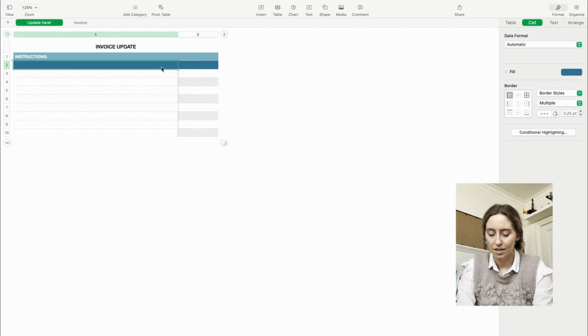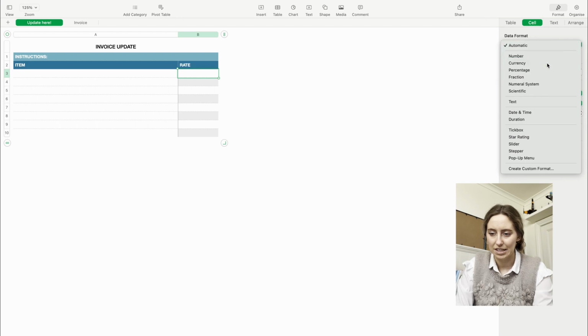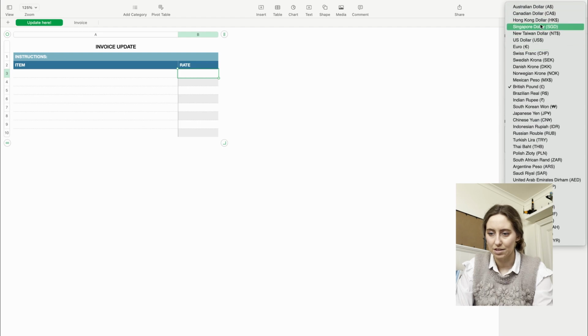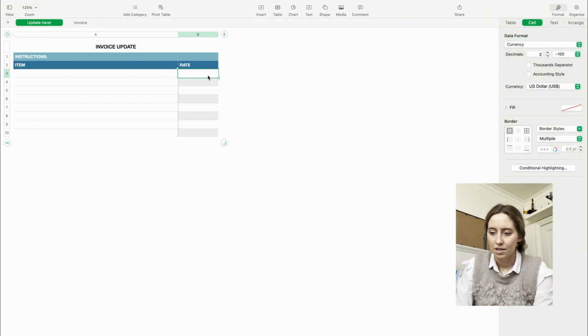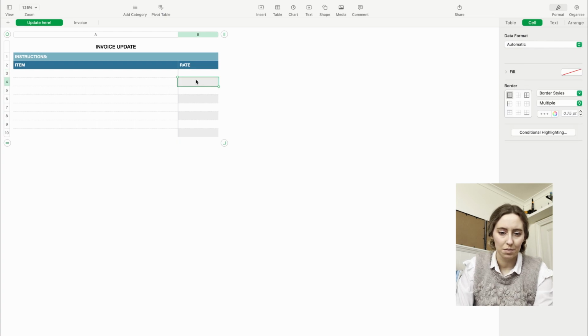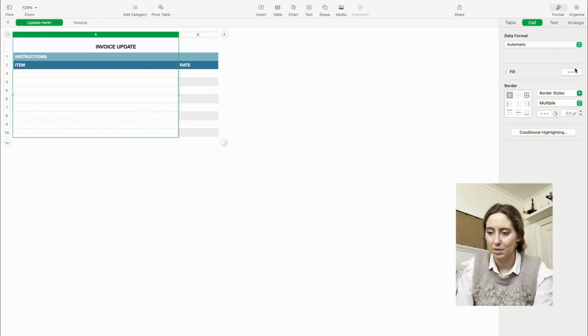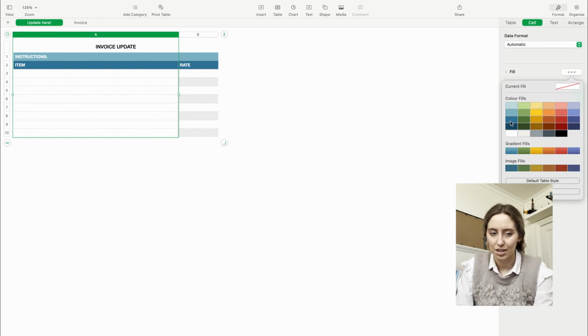This is the item, and then this is the rate. And we're gonna have 5 of those. I'm gonna do 5. So we're gonna make sure that these are currency, and it's in pounds right now, but I'm changing it to US dollars. Boom, boom, boom. We're gonna actually just drag that down for 1, 2, 3, 4, 5. Boom, done. Okay, I'm gonna fill this with the dark blue,